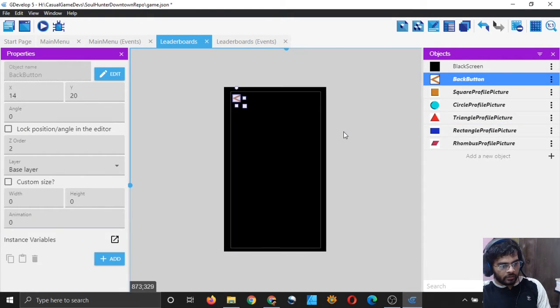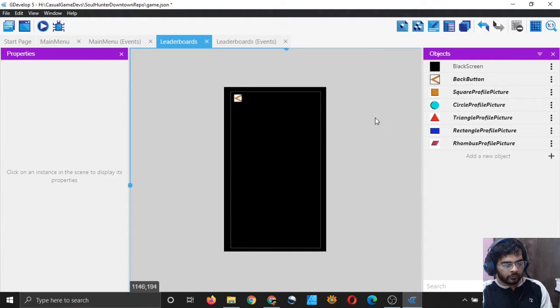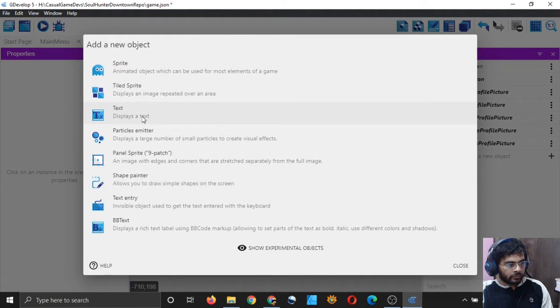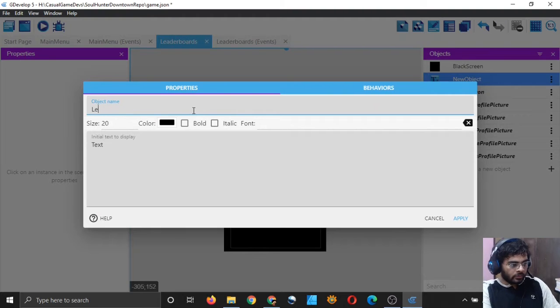And I need now some text fields. I will create one and call it leaderboards heading, and give it a size of 60 I guess, and the color should be orange, and the text should read: select the leaderboard you want to see.